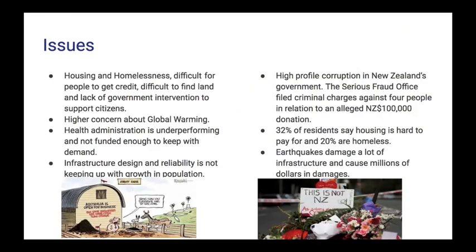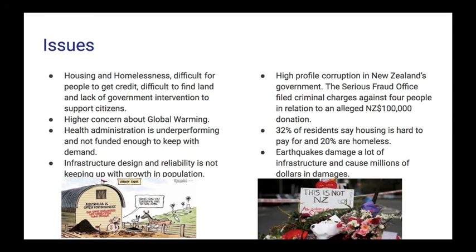Some of the issues that they have: housing and homelessness, difficulty for people to get credit, difficulty finding land, and lack of government intervention to support citizens, higher concern for global warming, health administration is underperforming and not funded enough to keep up with demand, infrastructure design and reliability is not keeping up with growth in population,